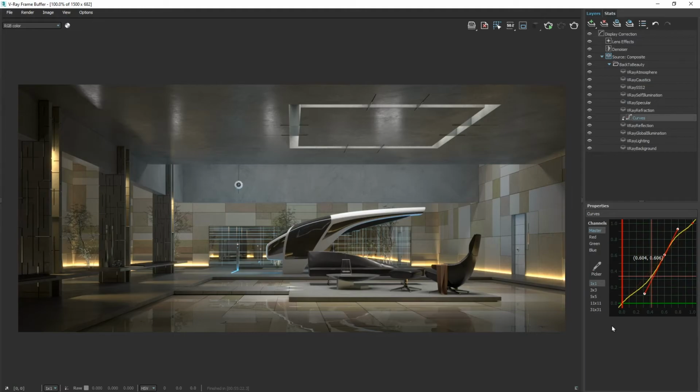We can also select between different RGB channels to tweak those colors specifically. For this image, I'd like to simply increase the strength of the reflections without altering their color, so I'll just click and drag this point to bring out the reflections a bit. Okay, great! Now that you've seen how we can do color corrections using curves, let's take a look at another